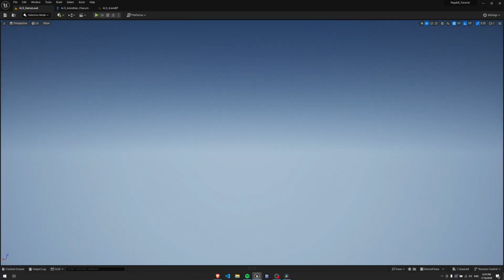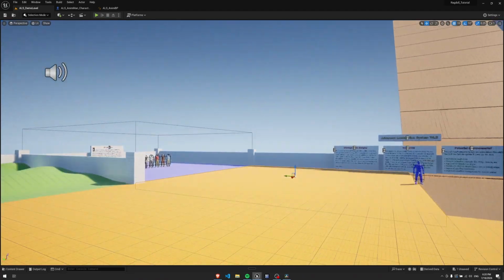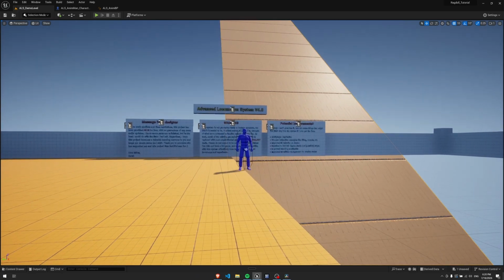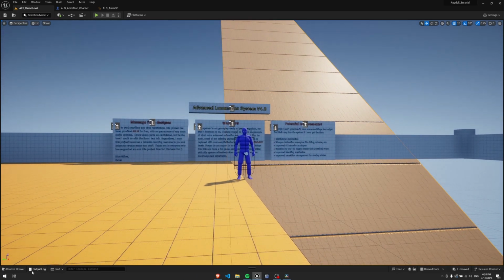And in this tutorial, we're just going to be covering the basics. The bracing system with the animations. That's it. So yeah. Go ahead and open up your project, and once you have it opened, we're going to